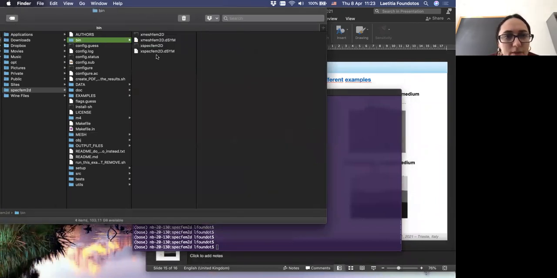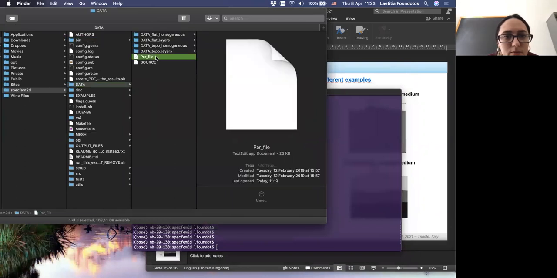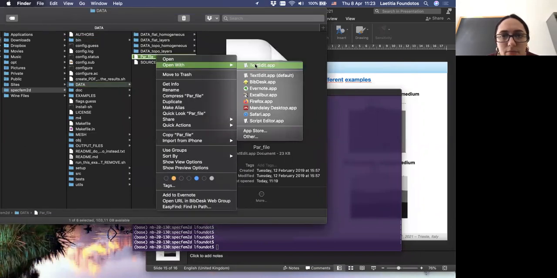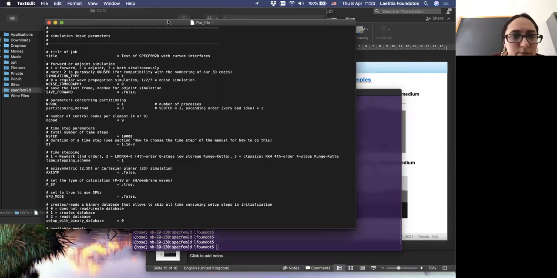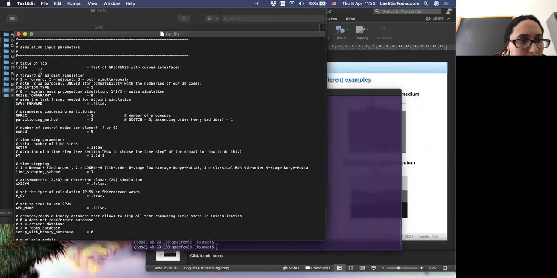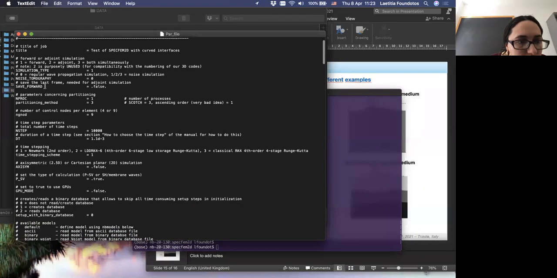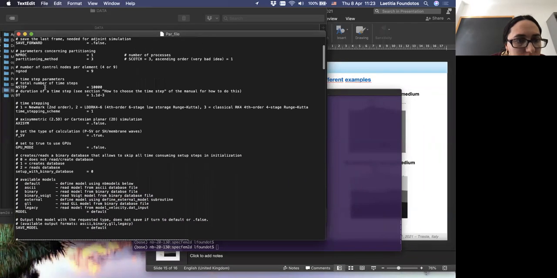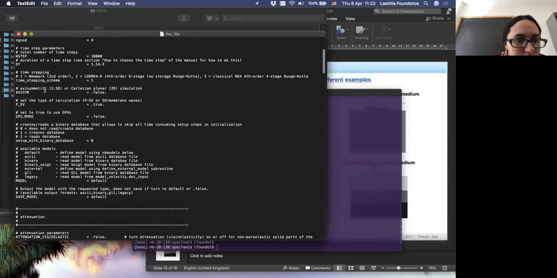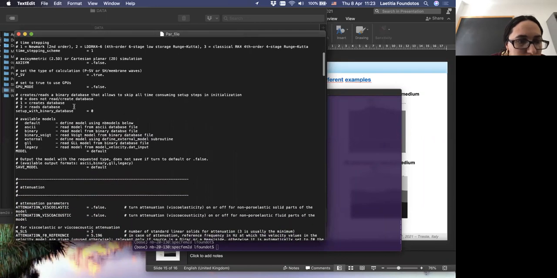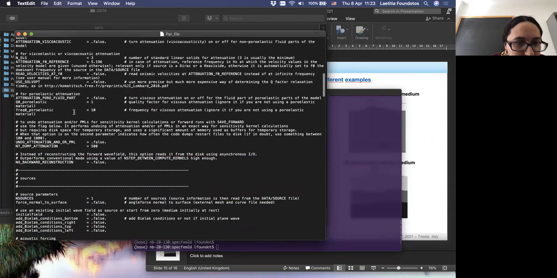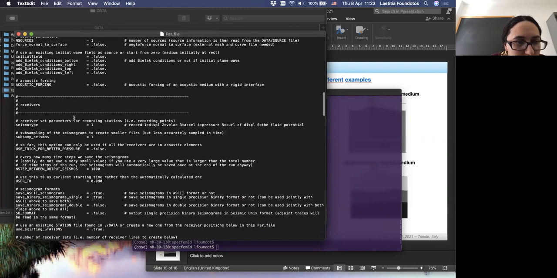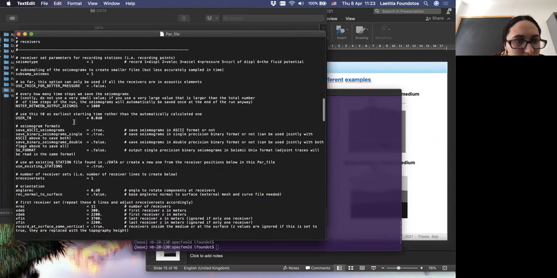Let me check where the problem could be. It's quite usual to have some issues when you run a program. Sometimes things don't open or don't run properly. So let me search.